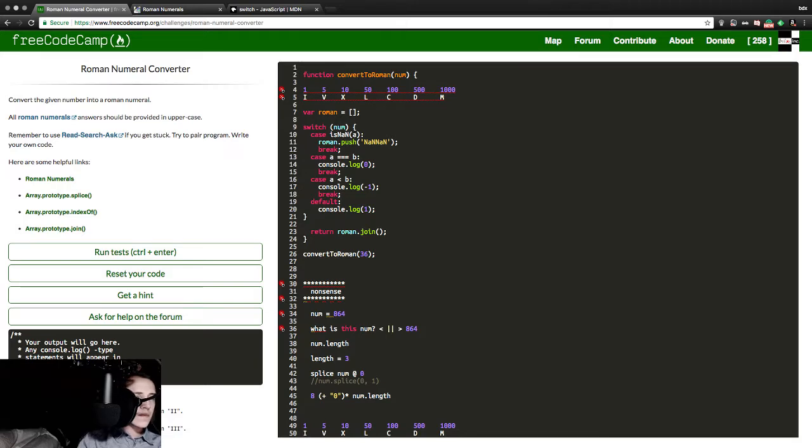Number. Copy. Let's just keep going with it. Take number. Number is less than 4, so that would be 1 through 3. And we want it to push